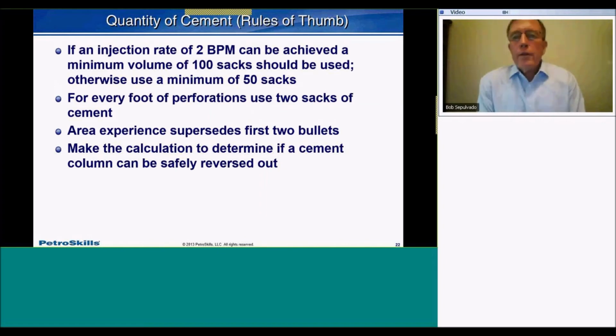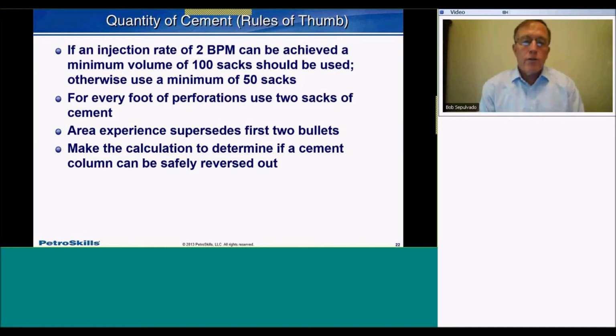I mentioned earlier that there are some rules of thumb that could be used to guide us with regard to coming up with volumes of cement on squeeze operations. Number one, if an injection rate of 2 barrels per minute can be achieved, a minimum volume of 100 sacks should be used. Otherwise, use a minimum of 50 sacks. Second bullet, for every foot of perforations, use 2 sacks of cement. Number 3, area experience supersedes the first 2 bullets. The fourth thing, and this is a calculation that I would strongly suggest you make prior to every squeeze job,